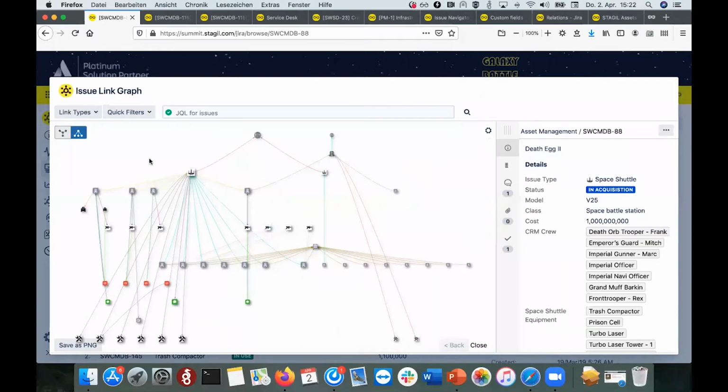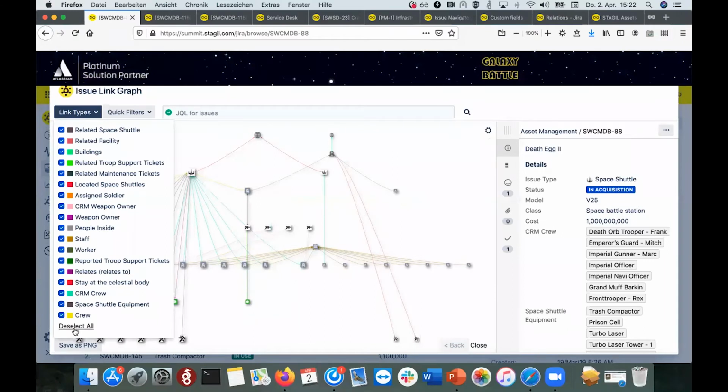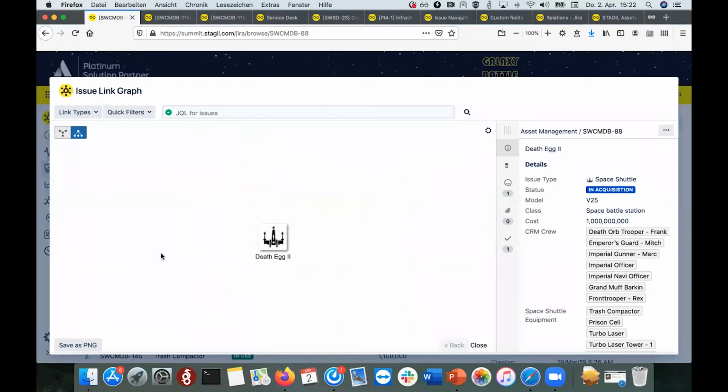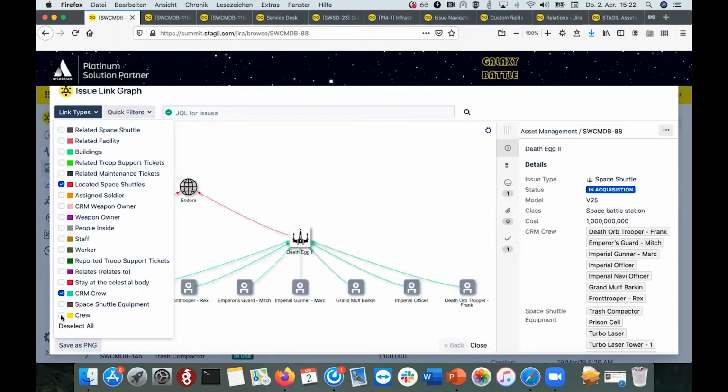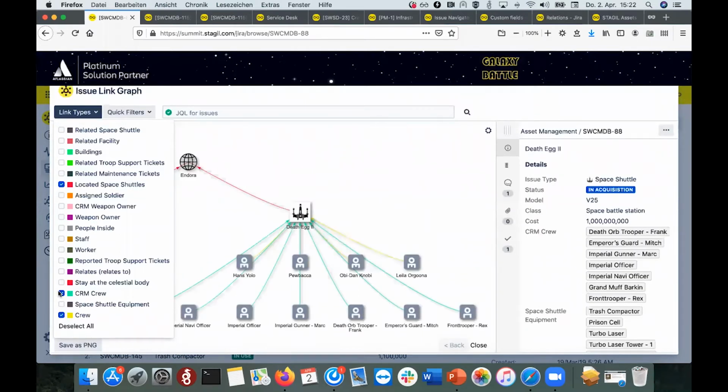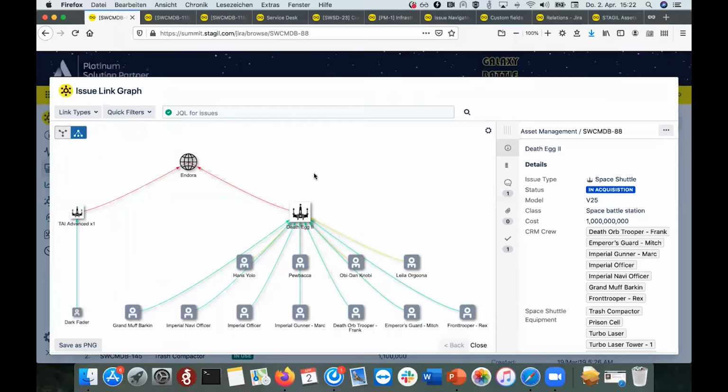And now we see how complex the connections between the people in your company are. To make it easier to look for the relevant one, you can just deselect all. Then we can have a look at the other space shuttle and only look at which people are located in the space shuttle, which are the CRM crew and the crew. And here we are. Now we have Darth Vader in the 3rd